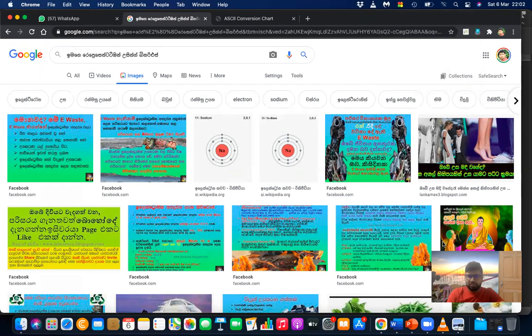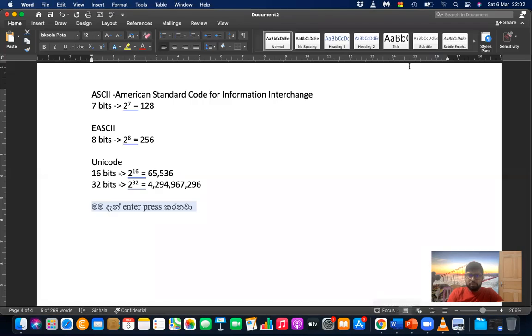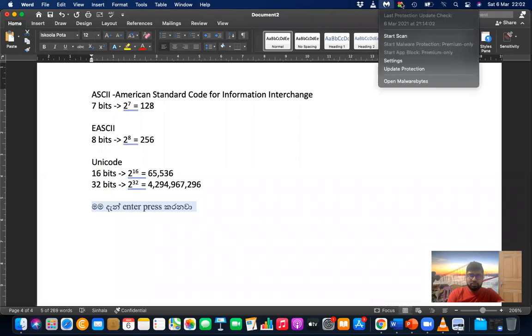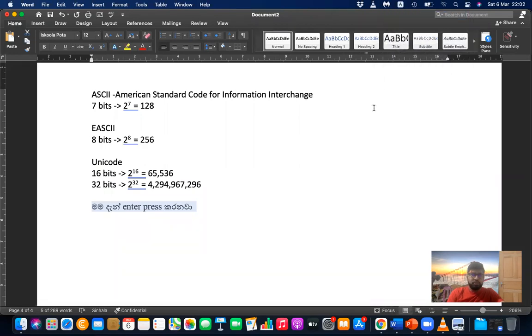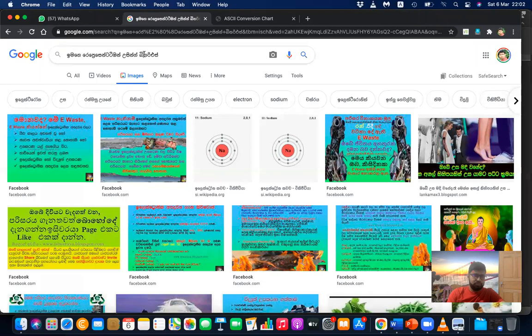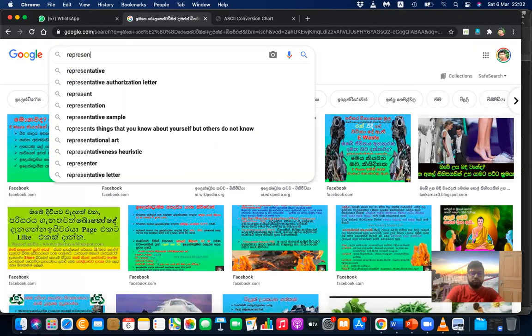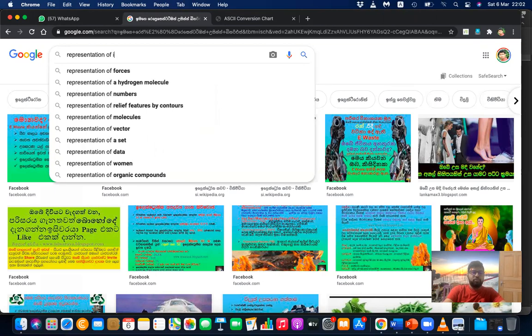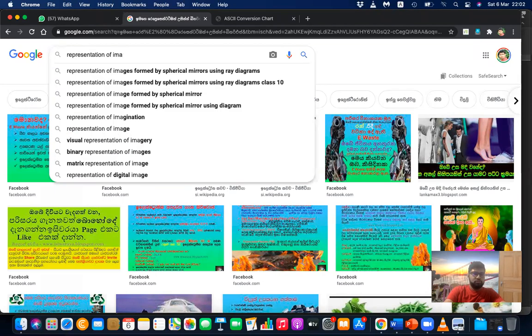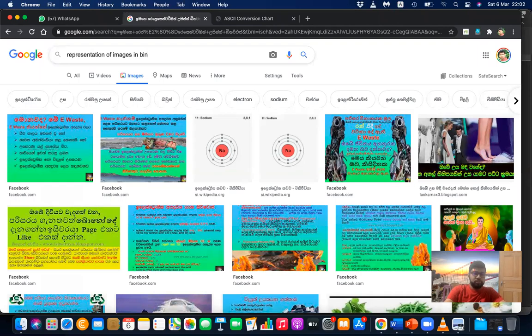Did I close this? So go to this and here it's there. So let me change it to representation of images in binary. It's very important.